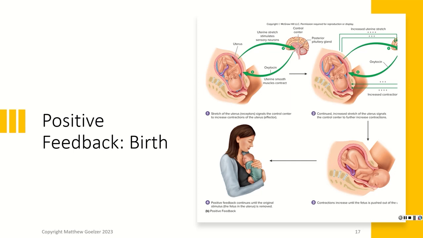When that signal is initiated, you build up this oxytocin, which is a hormone. You build up this signal from the stretching of the uterus to the brain, which is the receptor, the control center for this, at the pituitary gland, which then causes the release of oxytocin, which causes muscle contraction in the uterus,